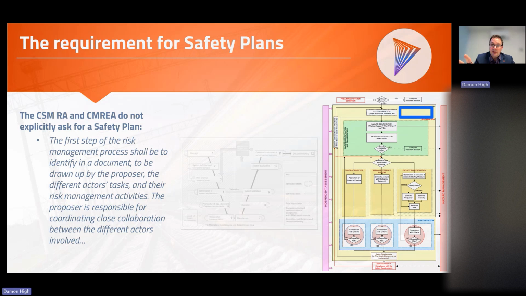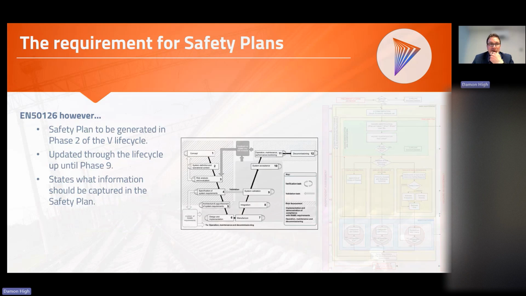So whilst it's not on the risk management framework, generally we always start generating the safety plan at the same time as system definition. And like the system definition, we'll be keeping that updated all the way through the life cycle of our project. On the flip side, from a CENELEC perspective, so in terms of compliance to 50126,